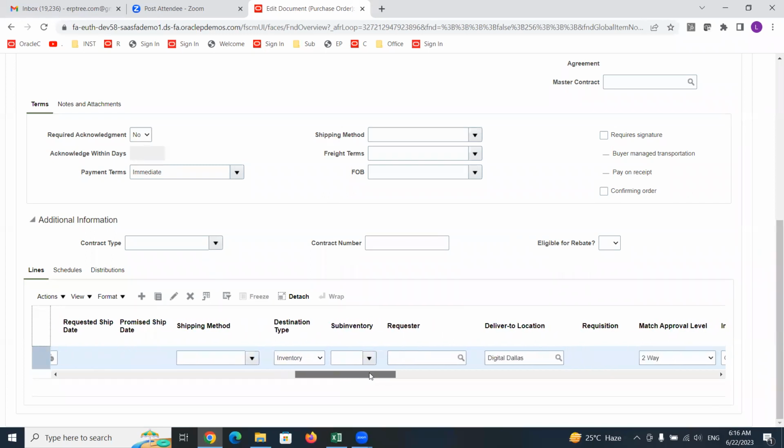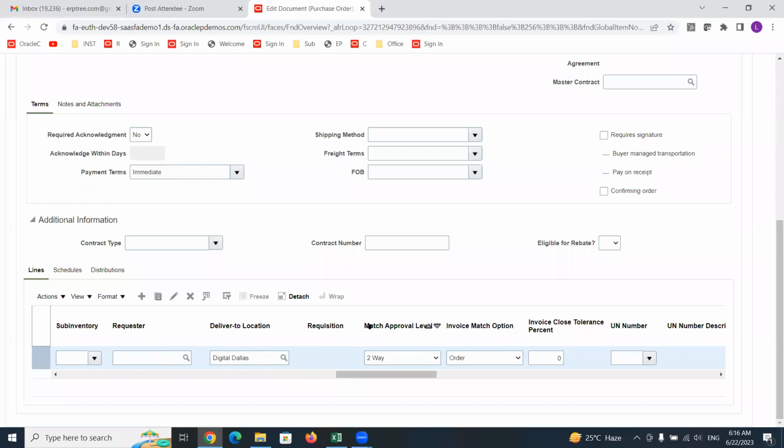And here you can see match approval level. So two-way means our plan is we want to create an invoice based on this PO. If you want to create an invoice in Payables just based on the PO information, you can use two-way. Three-way means you want to create an invoice in Payables including PO information and receipt information. Four-way means you want to create an invoice in Payables based on the PO and receipt as well as inspected